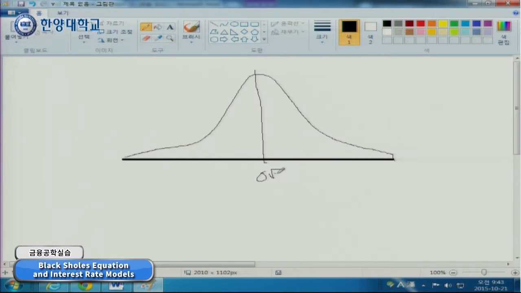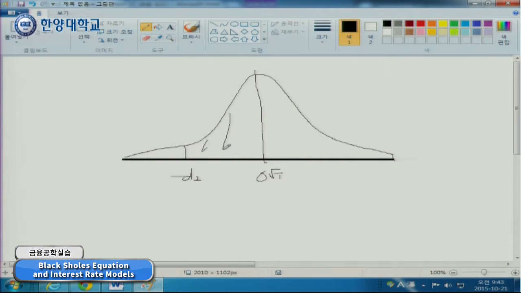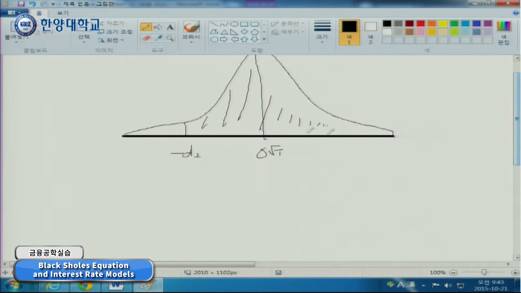Sigma root t. And then we want the integration from minus d2. Okay? And then integration beyond. So we want to calculate the size of this area, right? This is the size of this area, right? And then what we can do is move this one this way, shift this one, okay? Then the size of this one is equal to